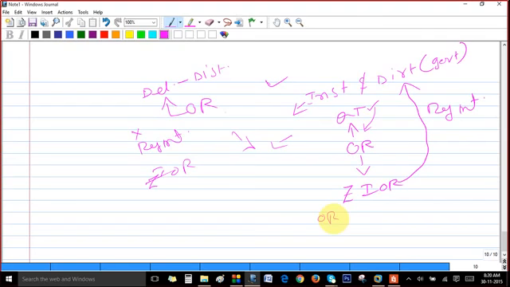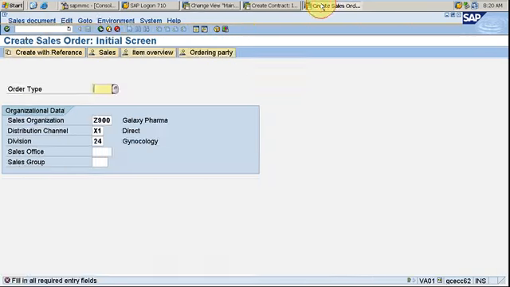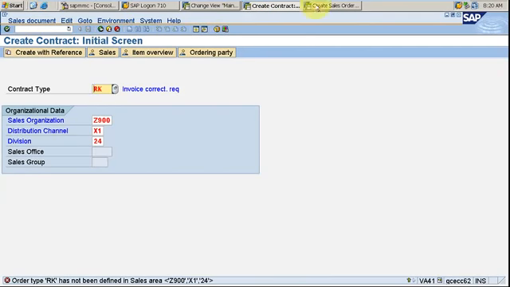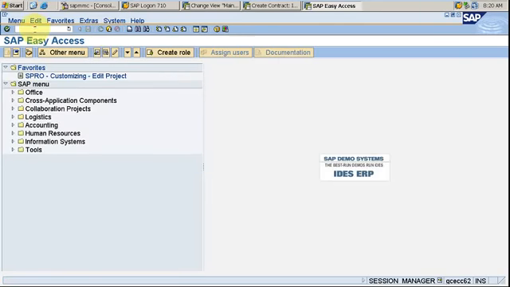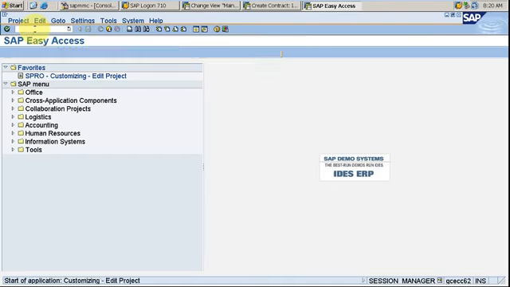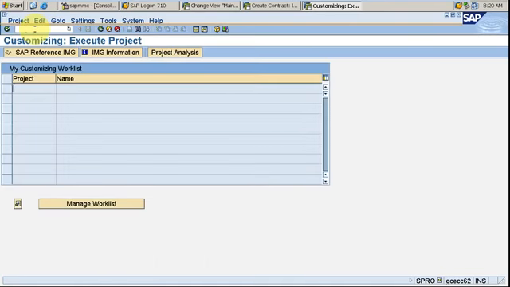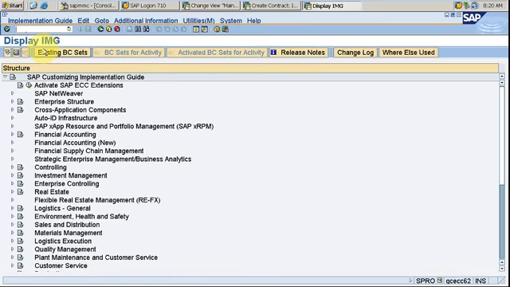See, we haven't gone till there. I'll show you. You know VOV8, the reference thing, but actually we will go through the path. This is a little important thing. We can do this through assigning document type to sales area. You got it? Why? Because see,